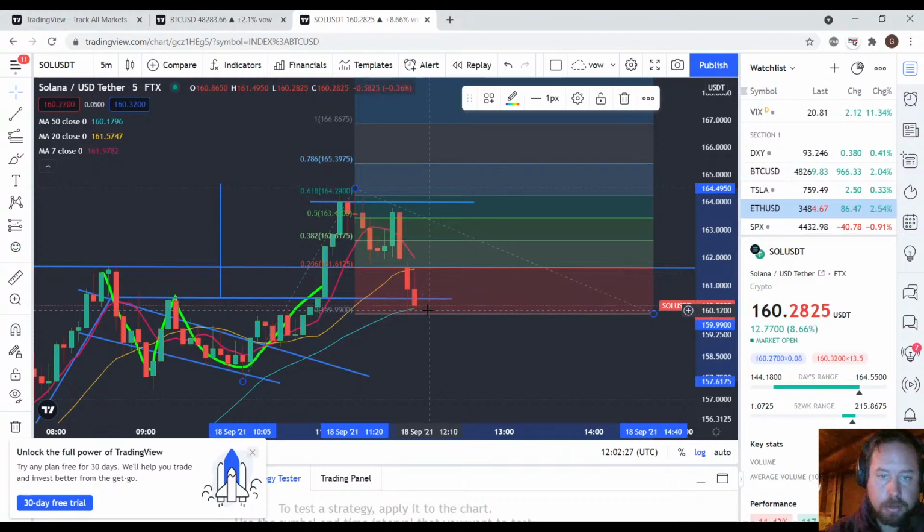But this might also be a good place to enter if we can keep above this 15 moving average, but not with this death cross here. Then I'm not risking it, because now we're going to get the death cross. So then I'm just going to take a breather and wait a little bit, assess the situation, and see if